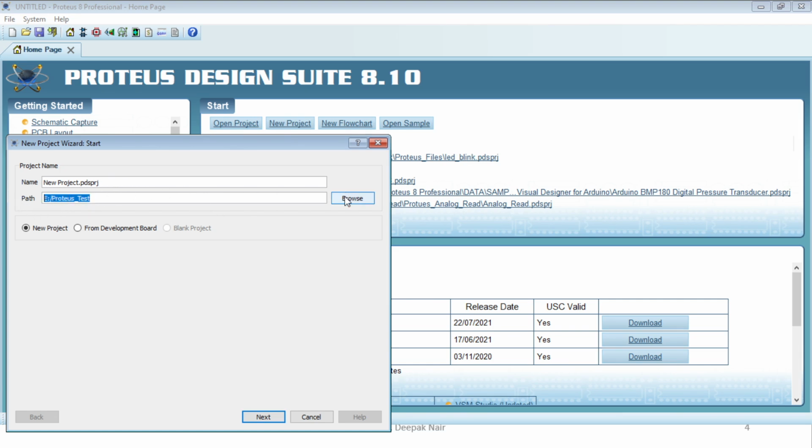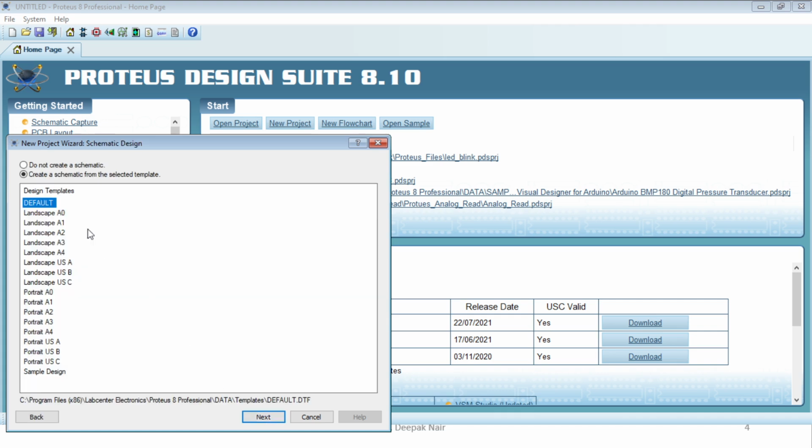For example, here I am saving my project in the folder called e/Proteus_test, and you can give your own project's name. For example, LED_blink. In this way you can start a new project, and then you can go to next.